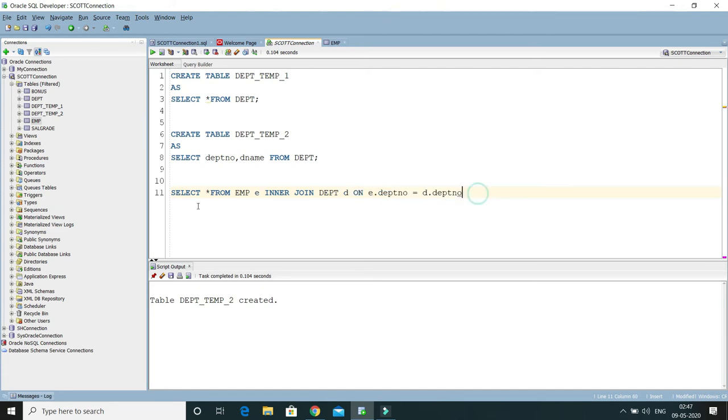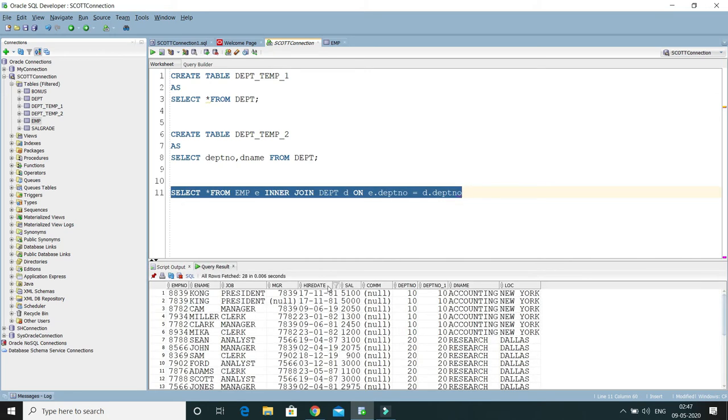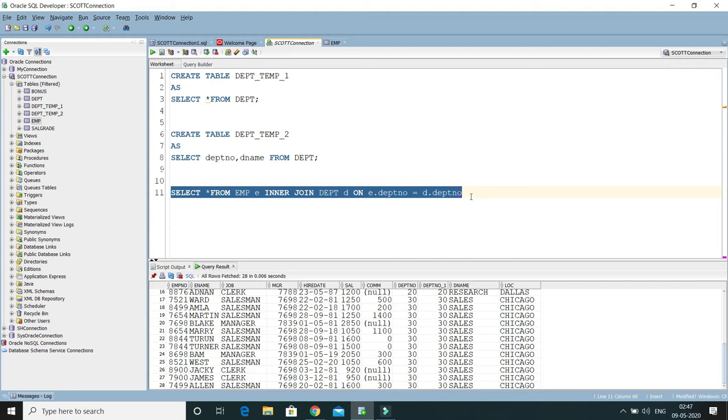If I select data using this query, I have a lot of data, but I want some more filtration criteria so that a limited number of records are returned. So I'll put where D.DEPT_ID equals 10. I would like to get the details of all the employees which belong to that department.